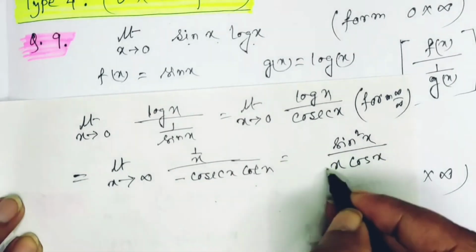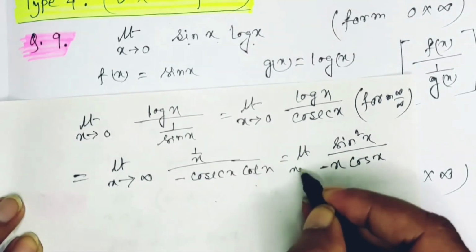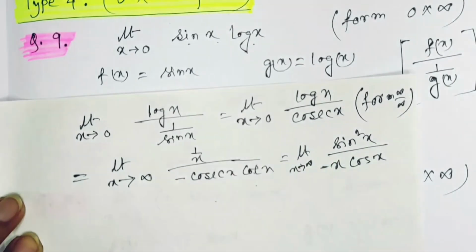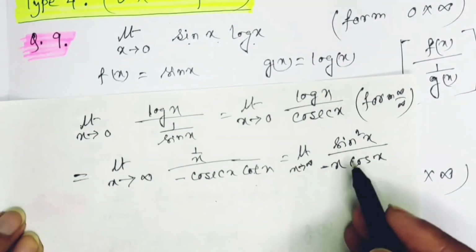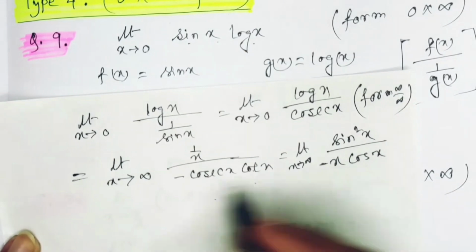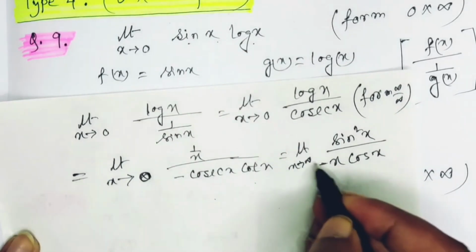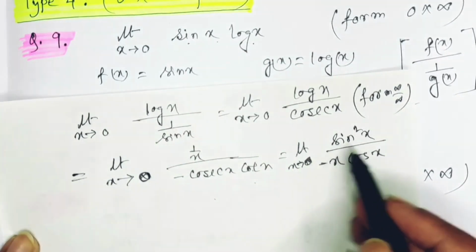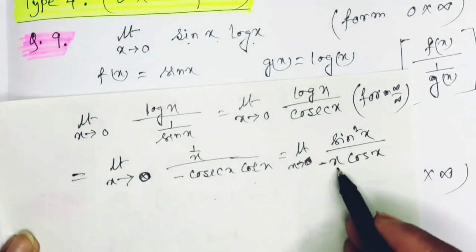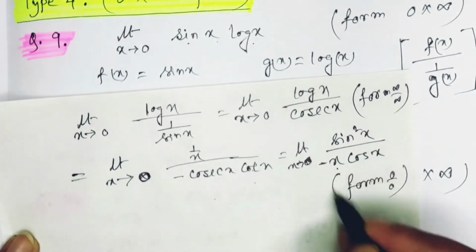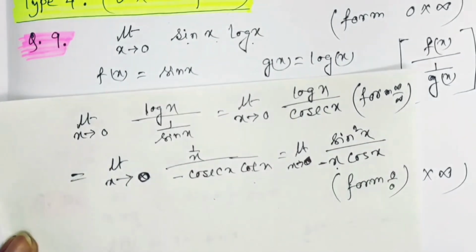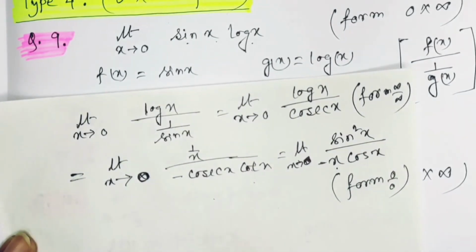Here the minus sign is there, and the limit x tends to infinity is also given. Again, if we substitute the value, it is 0. The limiting value is given as 0, not infinity. So sin 0 is 0, cos 0 is 1, but here it is 0. So this is again in the form of 0 by 0. As it is in the form of 0 by 0, we again simply take the derivative,